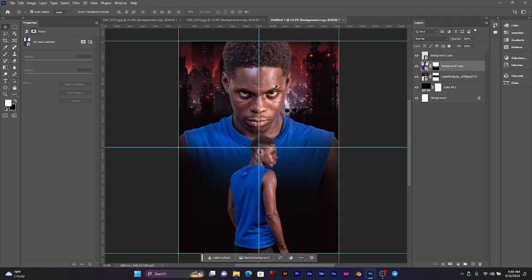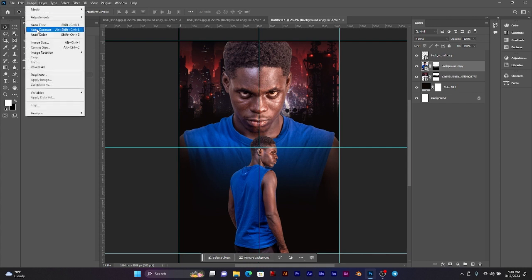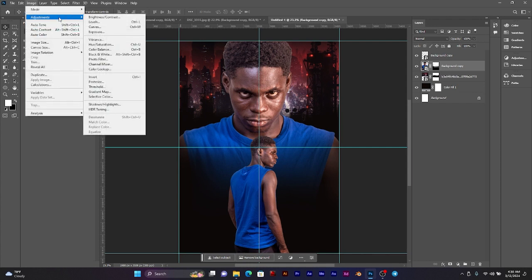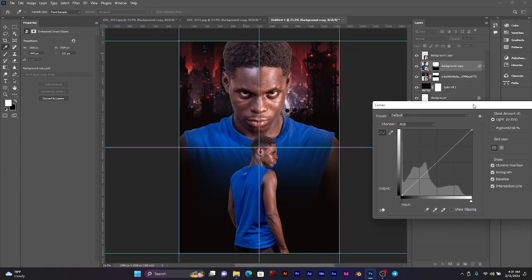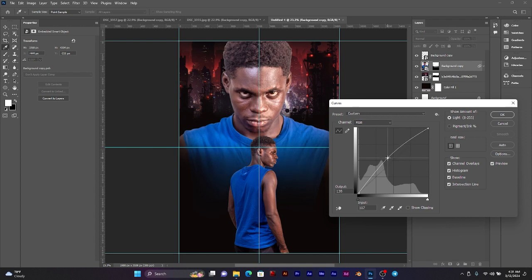So what's next? I'm gonna try to balance the colors. So I'm going to go to image, adjustments, curves. So I want to try to balance the colors so that it's going to look realistic. Okay,